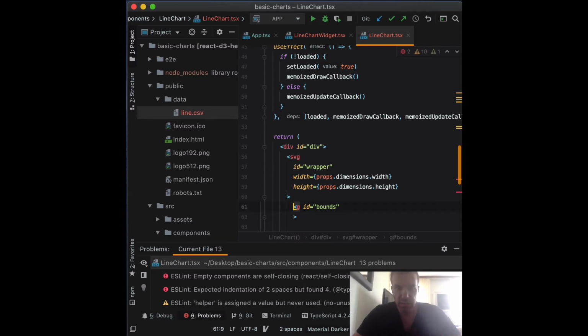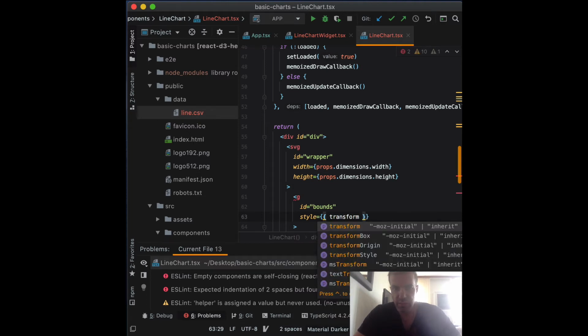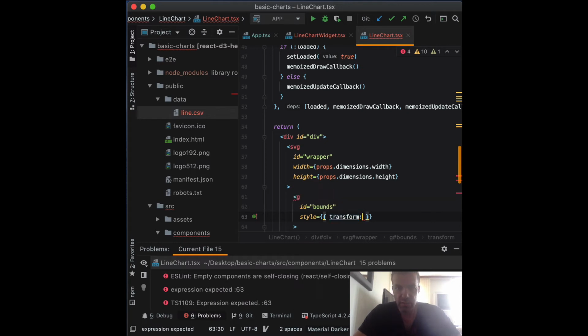And let's give it a style so we can transform it. So the style, just like we did before, we can transform it. To use style inside of JSX, you need to use the double brackets. I don't know if you've done this before, but this way you can get the elements typing automatically. So we do the style of transform, and inside we can also still use the template style for